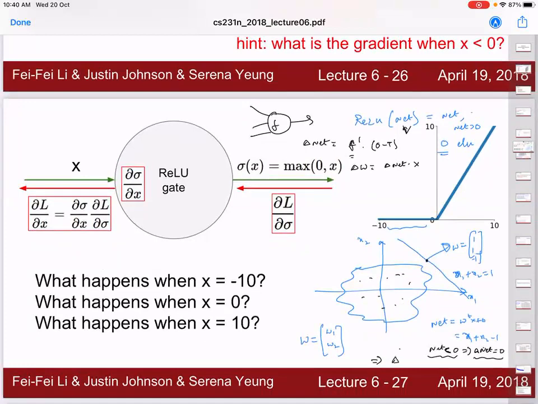The weights don't get updated. Yeah, that's all. They are called dead ReLUs. That means if the initialization itself is like this, then what happens? Only for these samples does the weight update happen. For any of the other samples, the weight update doesn't happen at all. So it's not a good place to initialize.